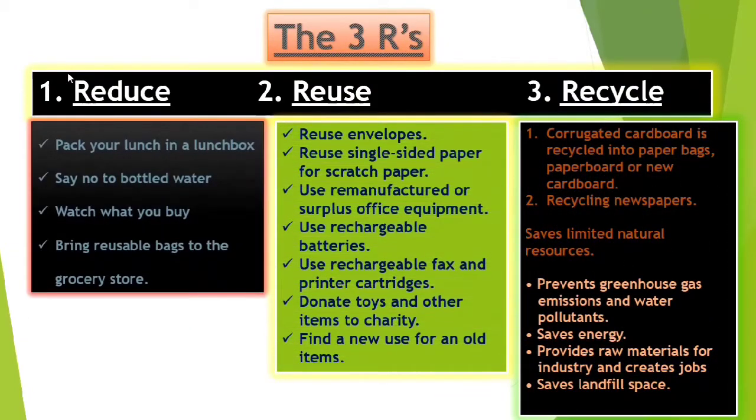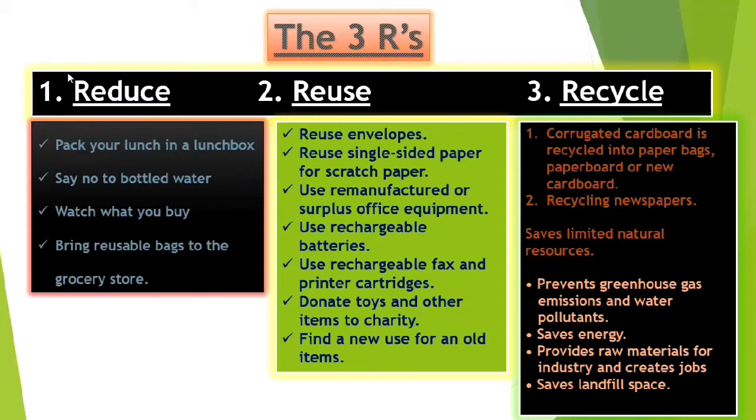Now we have the 3R principles. One of the ways to put that plan into action is through the 3 R's of waste management. By applying the 3R principles, we can manage waste. Here, reduce means to cut back on the amount of trash we generate. Reuse means to find new ways to use things that otherwise would have been thrown out. And recycling means to turn something old and useless, like plastic milk jugs, into something new and useful, like picnic benches, playground equipment, and recycling bins.